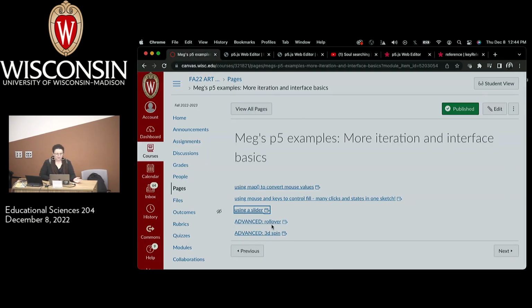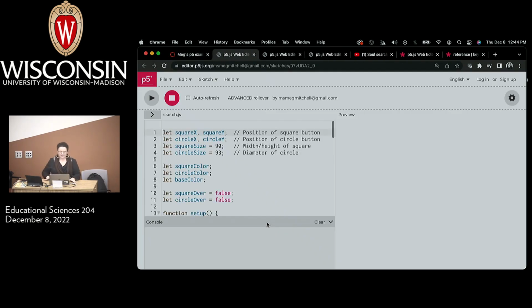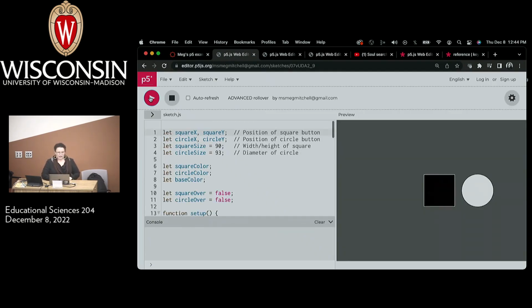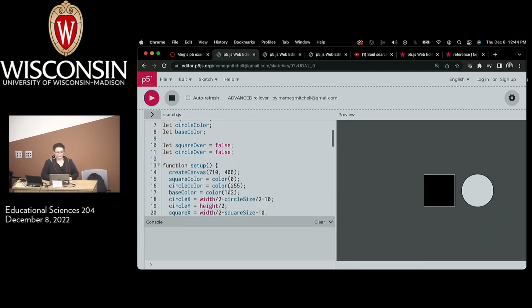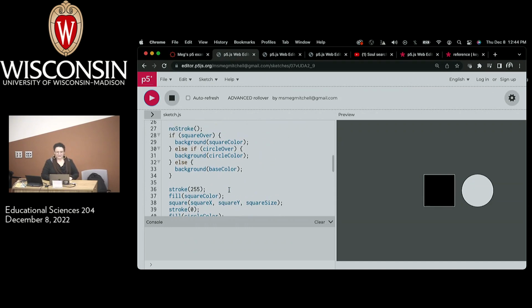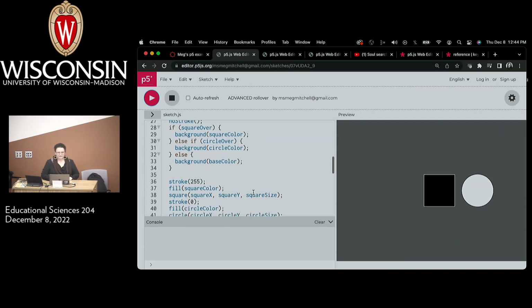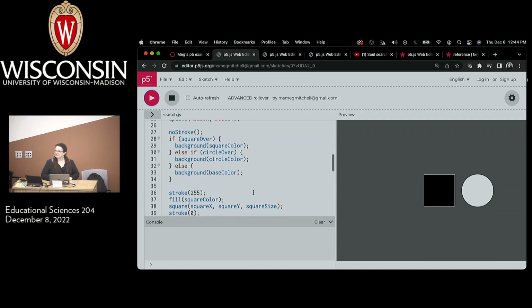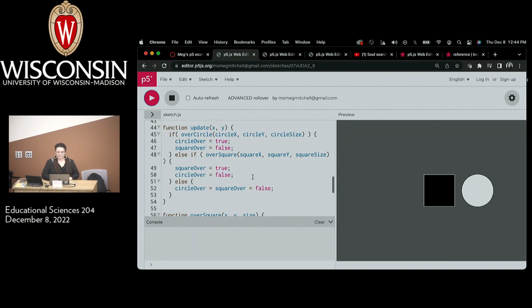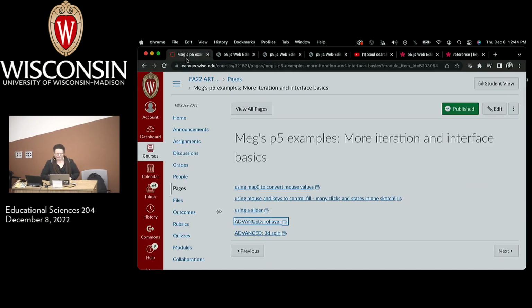Another really cool thing you can do with interaction that someone asked about today is how to do a rollover. So basically here, when we're rolling into this, it goes a certain color, and when we're rolling into this, it goes into a different color. But it is basically, as I said before, a series of if statements to see if you're inside or outside the circle or the square. So it's a little more complicated, but it just depends on what your threshold is for this stuff and how